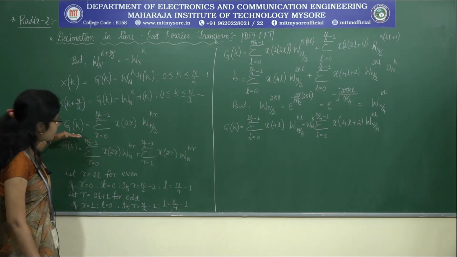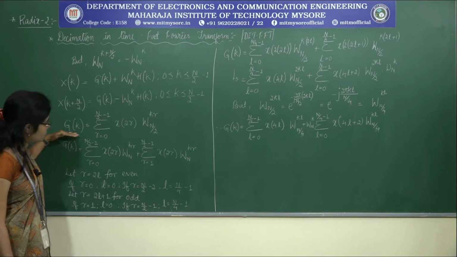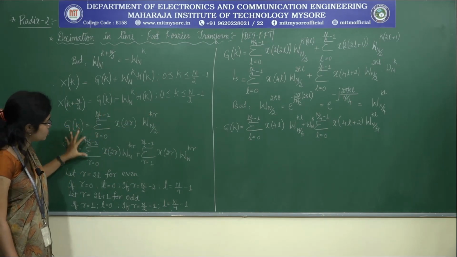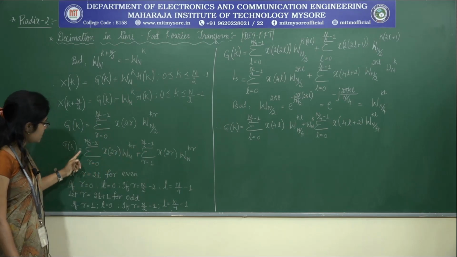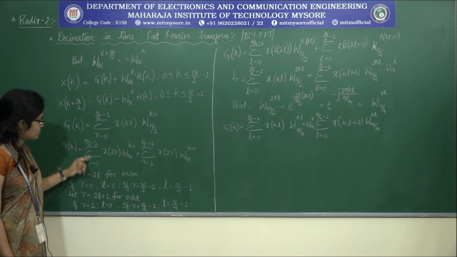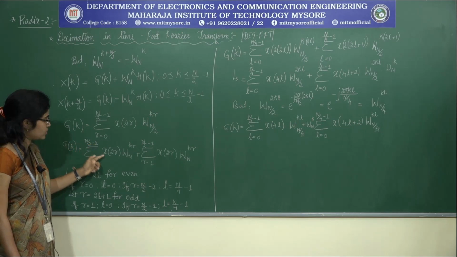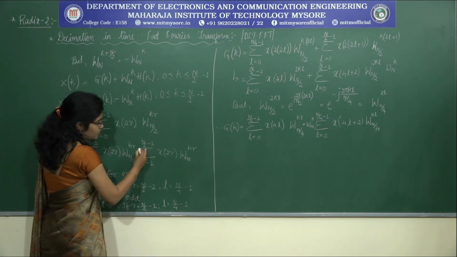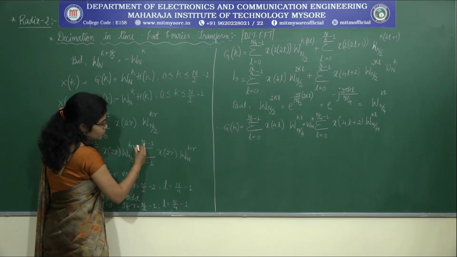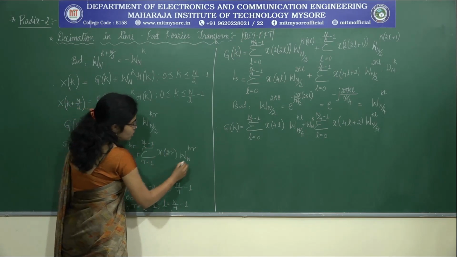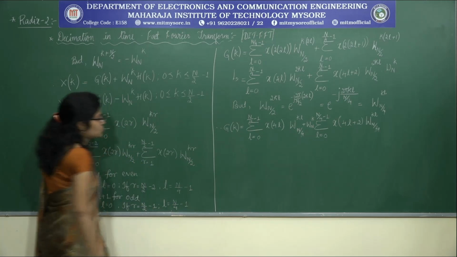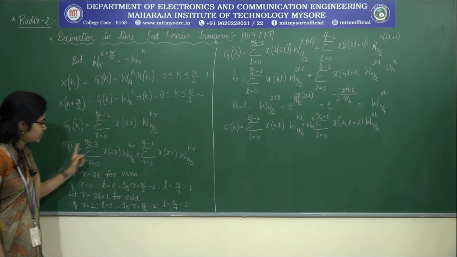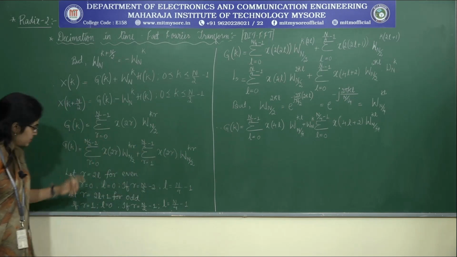What I have done here is I have tabulated G of k. So what we have got, the same thing I have written. So if I divide this based on even and odd numbered sequence, we get it as summation r ranges from 0 to N by 2 minus 2 x of 2r omega N by 2 to the power of kr plus summation r ranges from 1 to N by 2 minus 1 x of 2r omega N by 2 to the power of kr. Now let me take substitution for even as well as odd as we did previously.